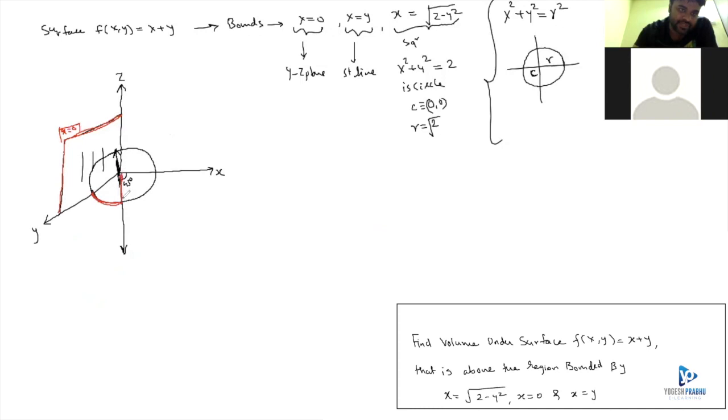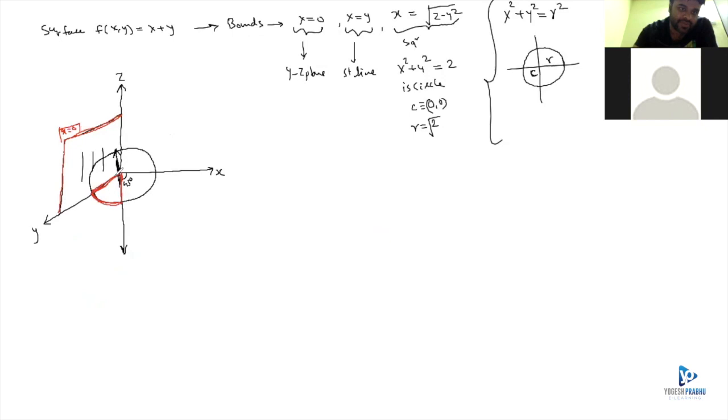Can you imagine a slice of a pizza over here? Let me draw the diagram more nicely. This is x, this is y, and that is the slice of the pizza,